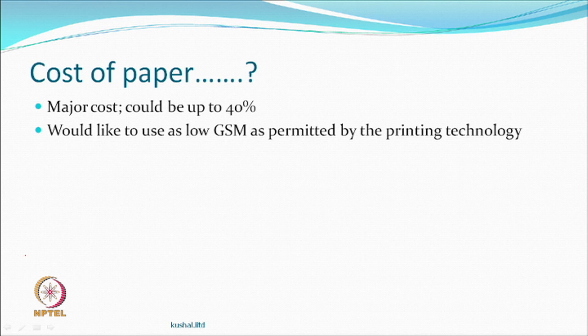So, people will ask what could be the GSM? GSM means grams per square meter of the paper. Higher is the GSM, higher is the cost. So, one would have tendency to use as low GSM as possible, which is suitable for a printing technology. So, it is the technology which will say, well, this requires higher GSM, this requires probably medium GSM, and you can work around. And so, because the cost of the paper is important, people like to use low GSM, but printing technology, paper printing technology is the one which also has to be seen whether they can take up.